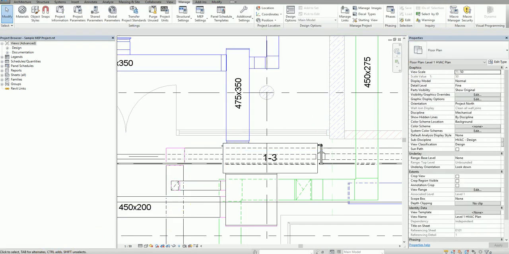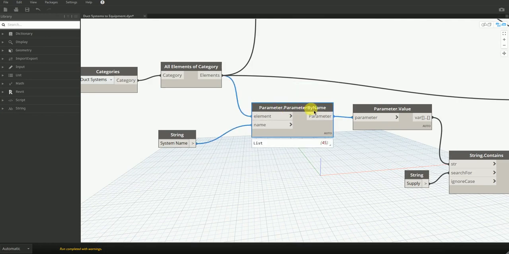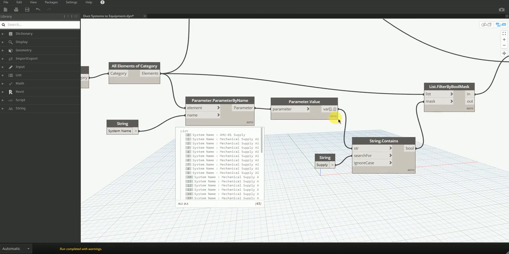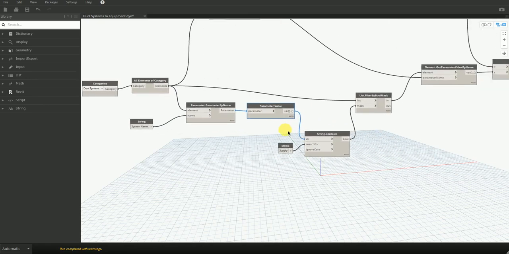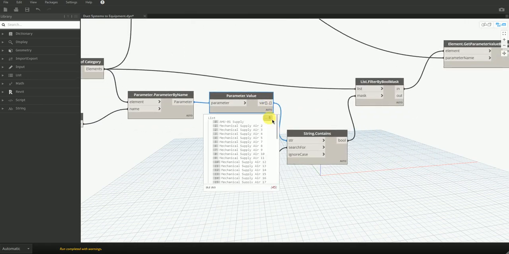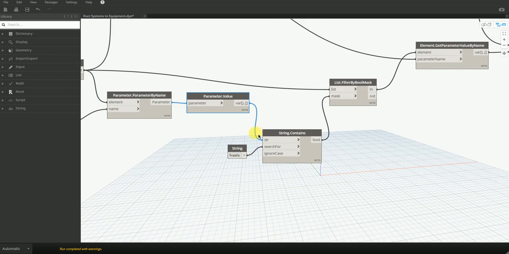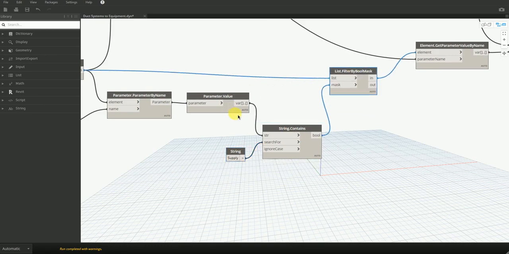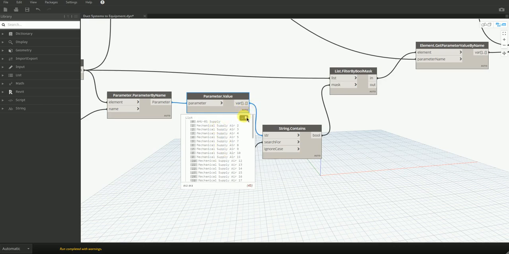So let's go back to our program, and with parameter by name, I got this, and then this is the value. So I got the value of this parameter. Next, no, sorry, I have to filter all the systems with supply only, because we see that we have some exhaust and some return systems here. So what I want is to filter all the